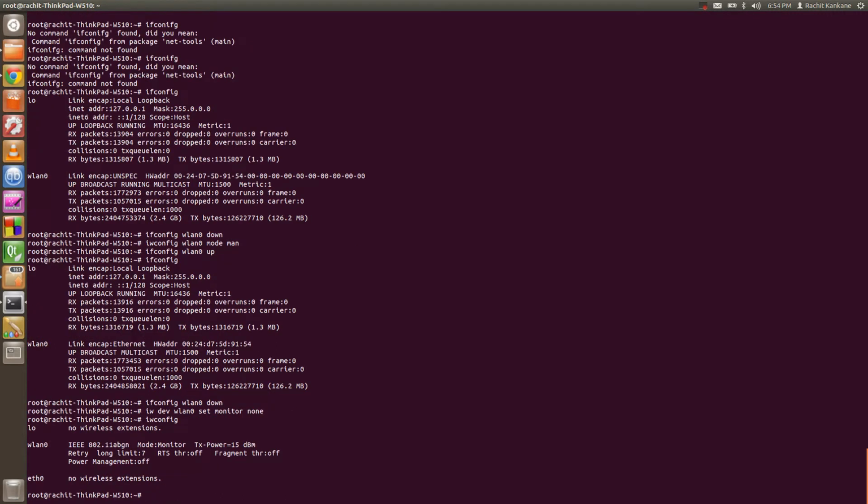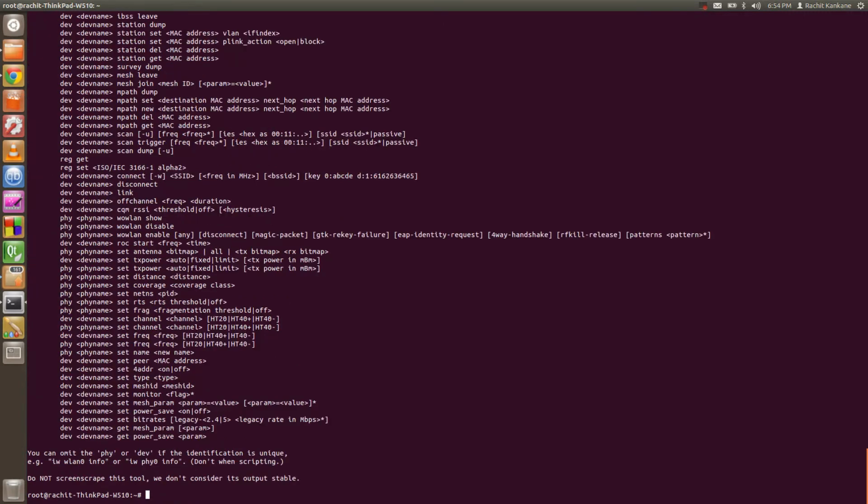If we want to know the current mode, we can do that through the iw command as well. iw dev wlan0 info.